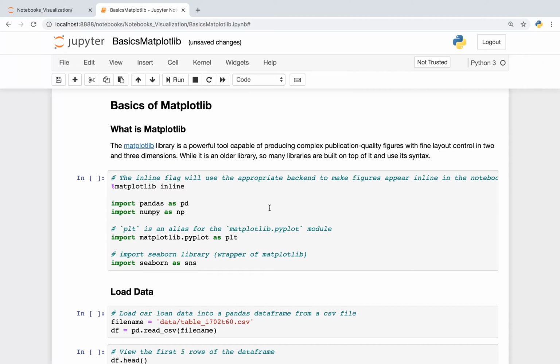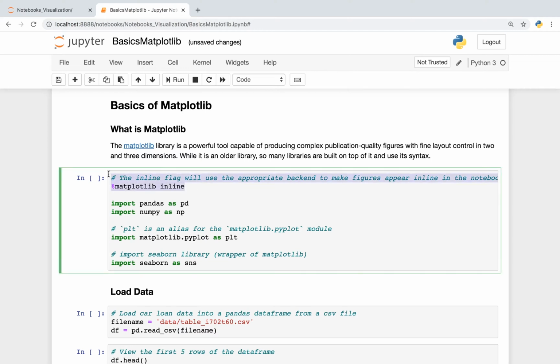In this notebook, we'll be going over the basics of the Matplotlib library, which is a powerful tool capable of producing complex publication quality figures with fine layout control in 2 or 3 dimensions. While this is an older library, so many libraries are built on top of it and use its syntax. What this is doing is it's saying that we want the appropriate backend to make our figures appear inline in